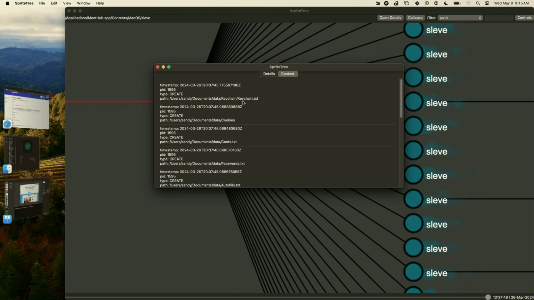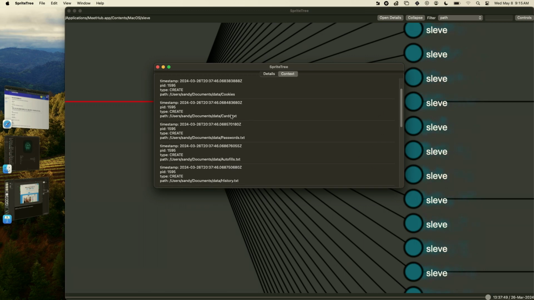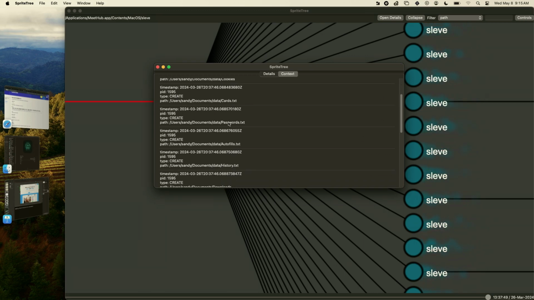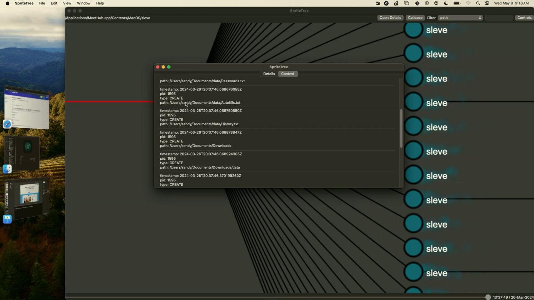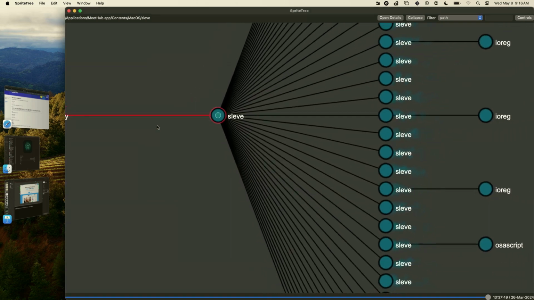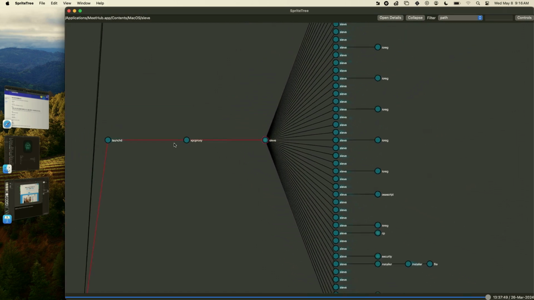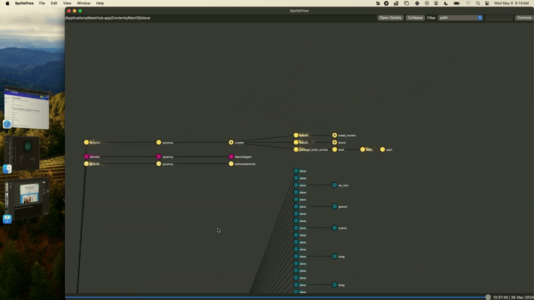The first one is keychain.txt. The next ones are data cookies, cards.txt, passwords.txt, autofills.txt. This was not done in an environment where we mimicked anything. We simply created a VM and detonated the malware. This was the result. So that tells me that this malware is creating these files, and none of them look good, right? Right off the bat. So if we go up a little higher, we see where the install occurred.